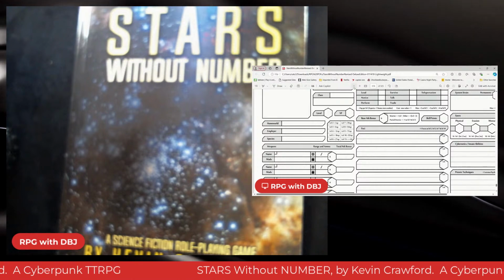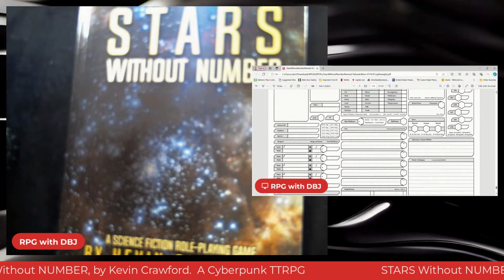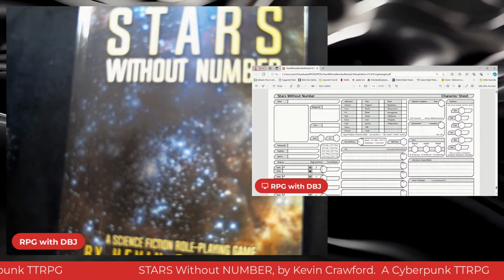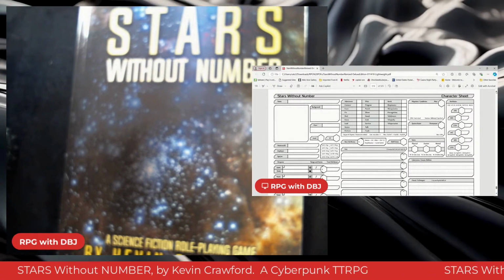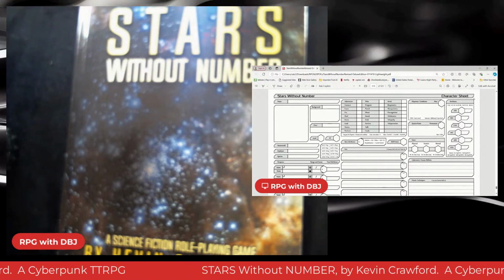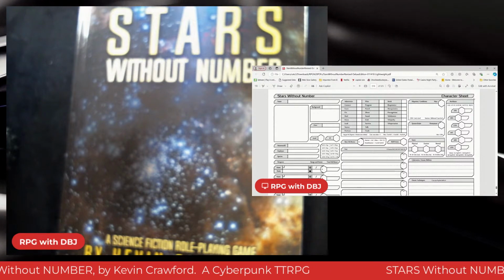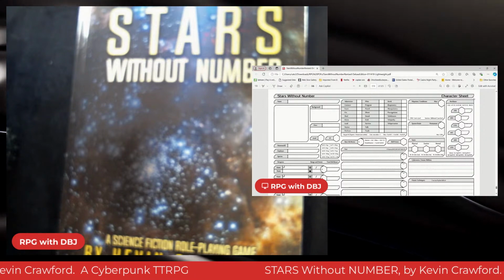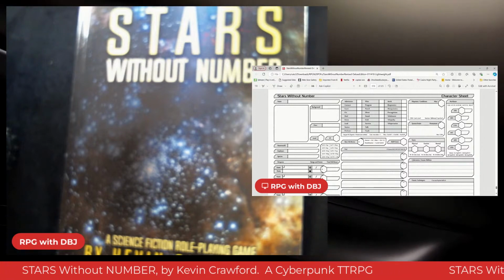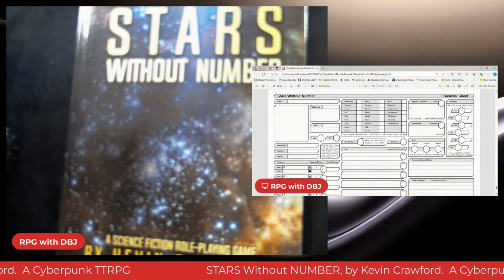So this is the character sheet, and it looks a little busy. I will admit it's not as busy as one would think, simply because it's got the hexagonal and slash sided borders to it, but it also gives you the numbers and nomenclature to fill the character sheet out. So I suppose if you erased a bunch of that stuff, this would be a lot better. But if you're like me and you have to squint a little bit at the character sheet, it's like,